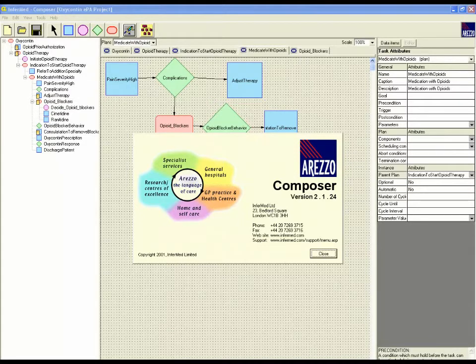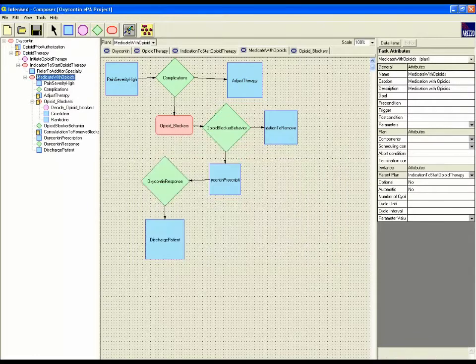For the purposes of this demonstration, I'll be showing you how GELLO expressions might be used in Arezzo, which is one of a number of such tools that might be used to author GELLO-encoded guidelines. For the remainder of the demonstration, I'll simply refer to Arezzo as the Guideline Authoring tool. Within the Guideline Authoring tool, the guideline author will first enter the human readable form of the guideline, and then enter the computable interpretable equivalent form. Third, the author enters workflow tasks in the sequence in which they will occur, which is the step that this